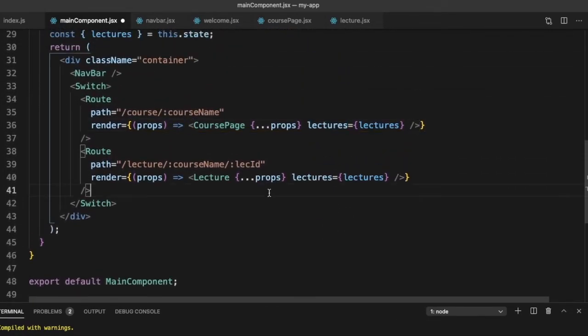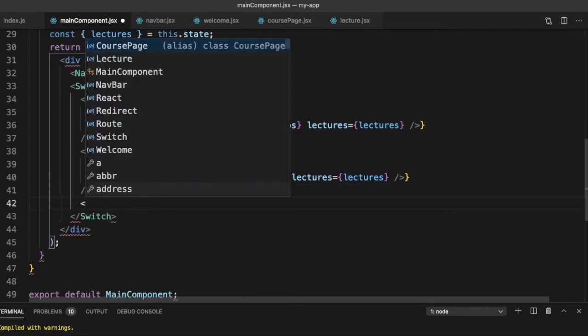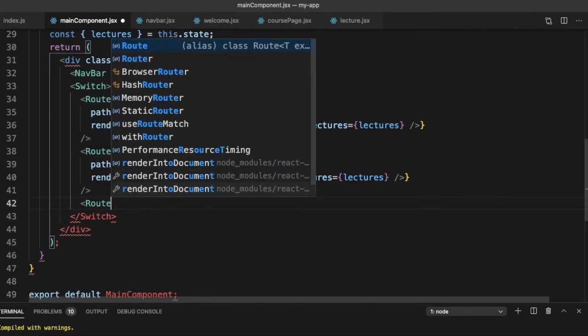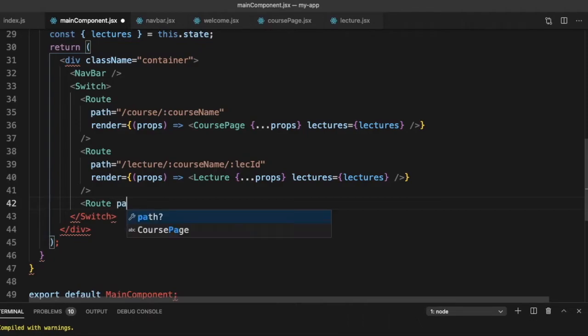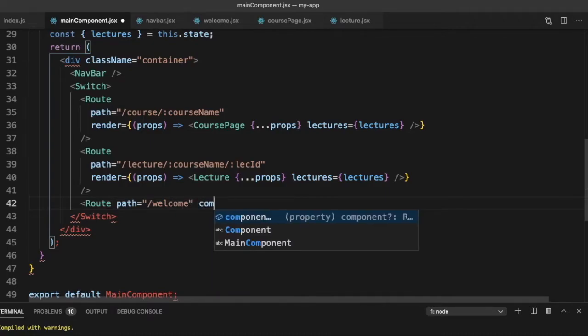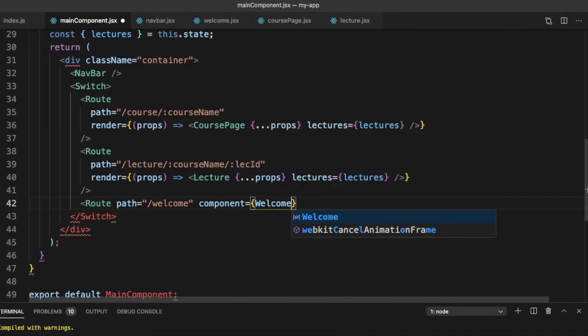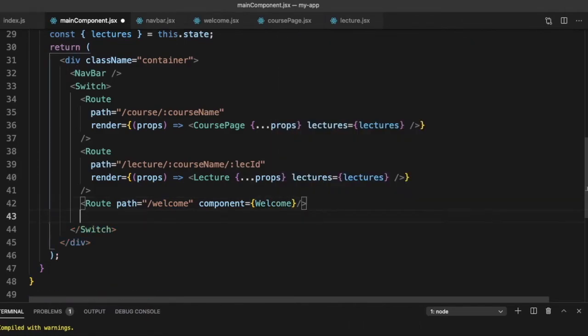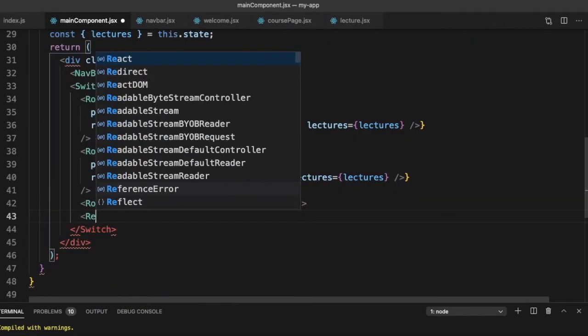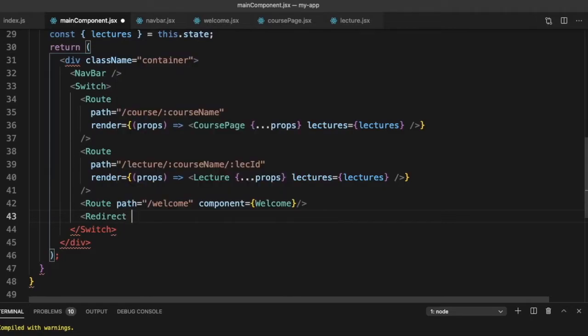Next, what do we need to do? We need to define route path is equal to slash welcome, and the component in this case is welcome, and then we need to redirect. So let's just redirect.